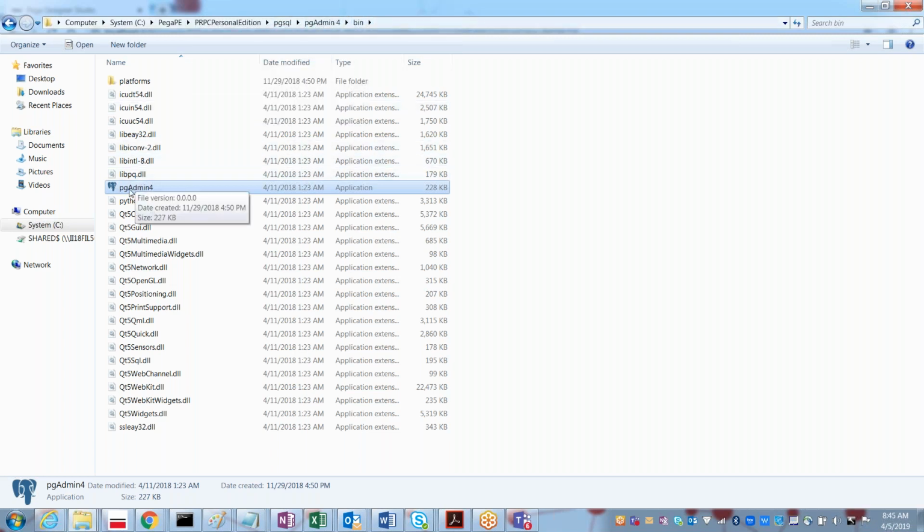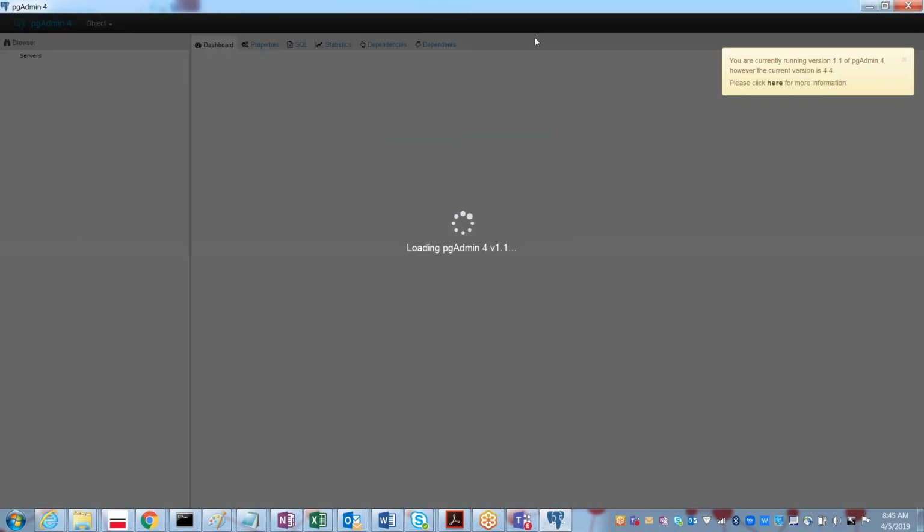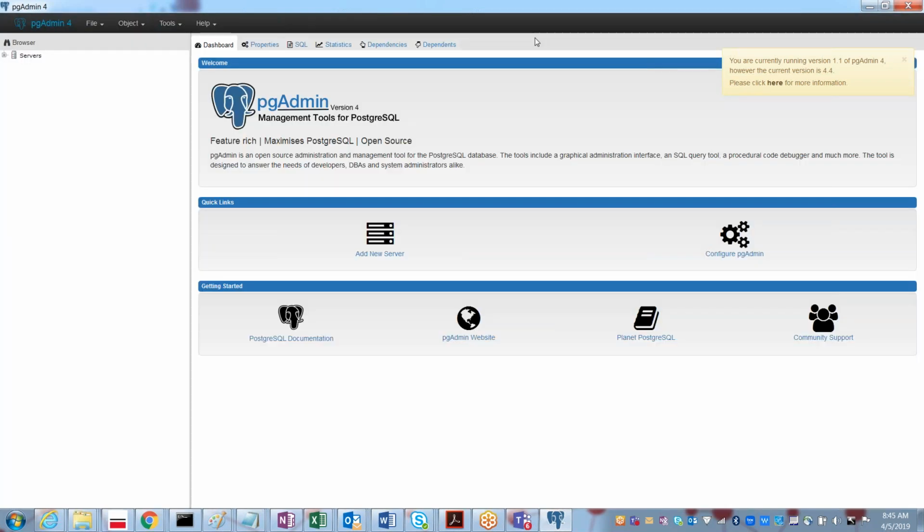Under the bin folder you will have pgAdmin 4. See, it has started the database.